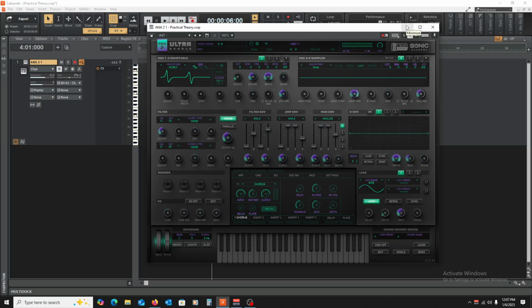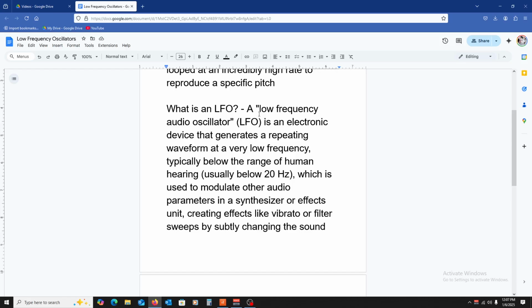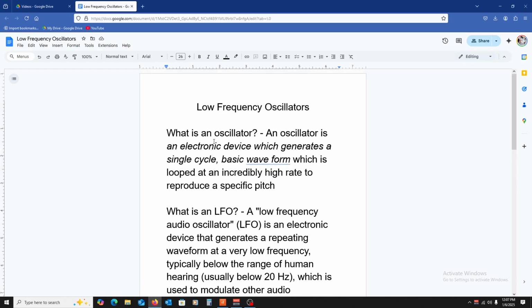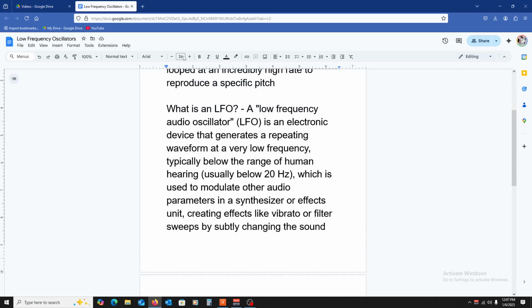Where this comes into play is when you have a low frequency oscillator, what it is doing is it's taking these waveforms, these oscillators, and it is using the shape of these oscillators in order to control parameters over time. So let's look at what is an LFO. And we covered this a little bit in last week's video, but it's good to get a little bit of a review. And like I said, you don't have to wrap your head around this immediately today, but the more you dig into this, the more sense it's going to make. But what is an LFO?